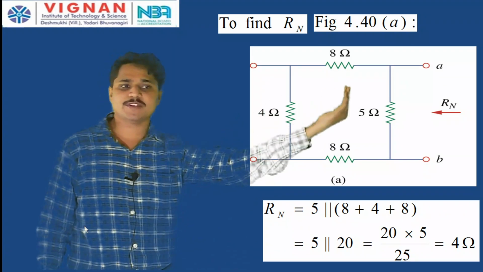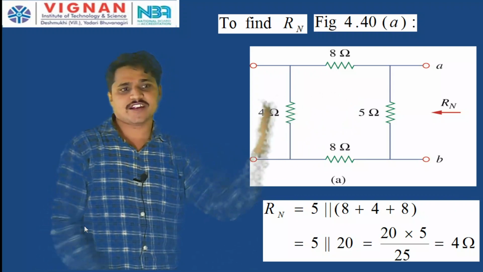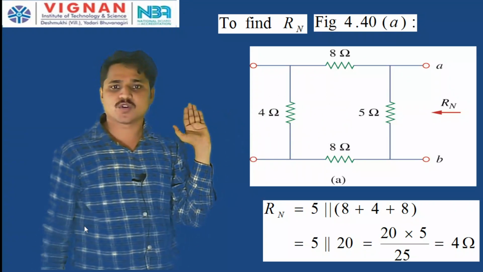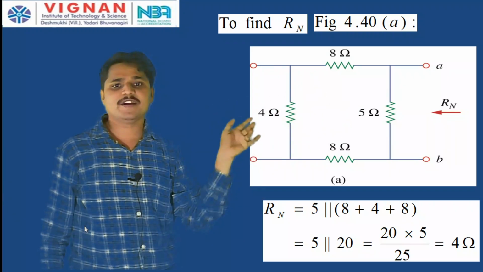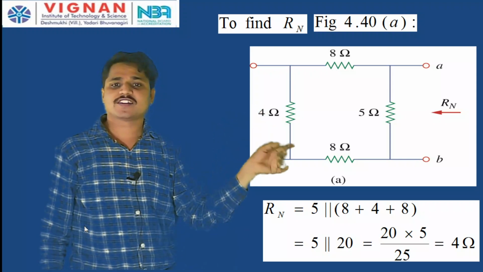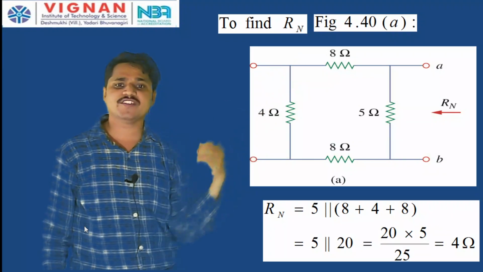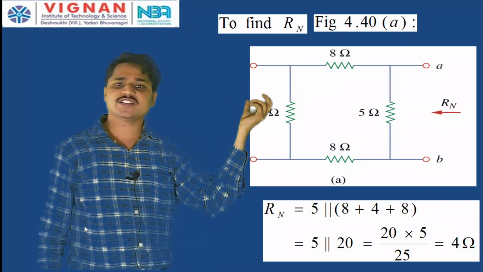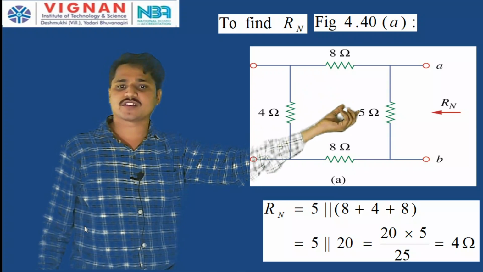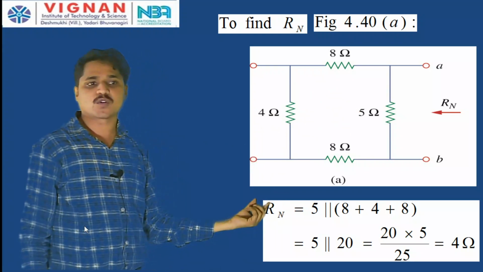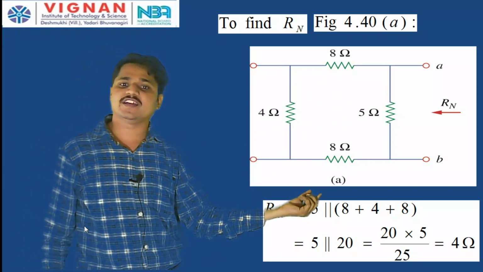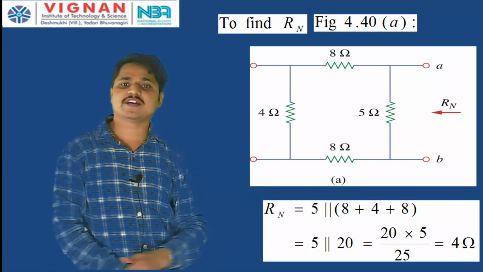So, we are coming from the right side, so we should go from the left side. That means this 4 ohm resistor, this 8 ohm resistor, and the upper 8 ohm resistor, these 3 are connected in series, and this combination is connected in parallel with the 5 ohm resistor. Therefore, R Norton is equal to 5 ohm in parallel with 8 plus 4 plus 8,